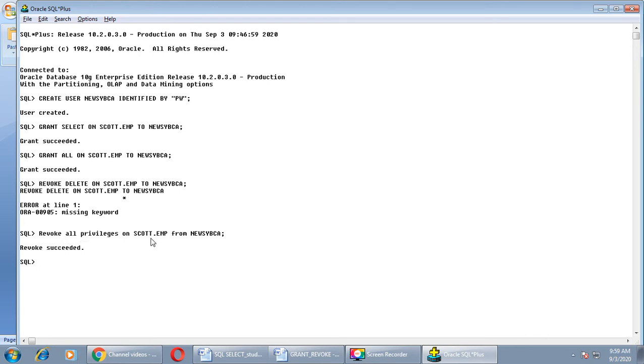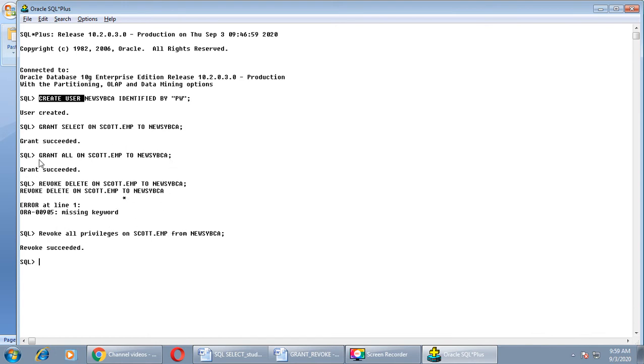So here it is. You can create a new user by giving create user command. If you are entered as a system administrator. If you are entered as a normal user, you will not be able to create a new user. Keep in mind that. Then grant privileges to a particular user for a particular table, then revoke a particular privilege from a newly created user, right? So what will be the effect of all these commands we have executed?